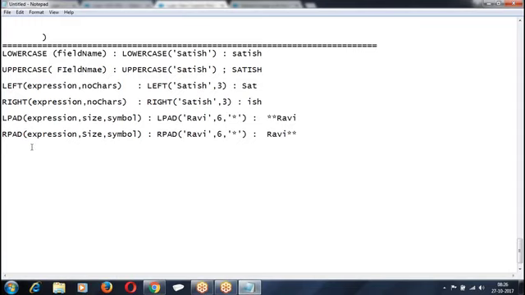It will check some text, whether this text starts with this text or not. Name start with S, name start with SA, name start with cap. It will check whether such text starts with this text or not.